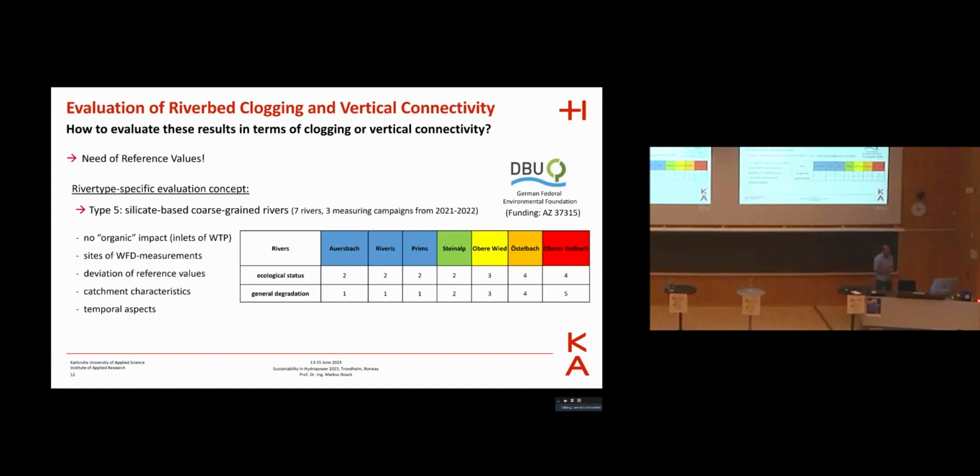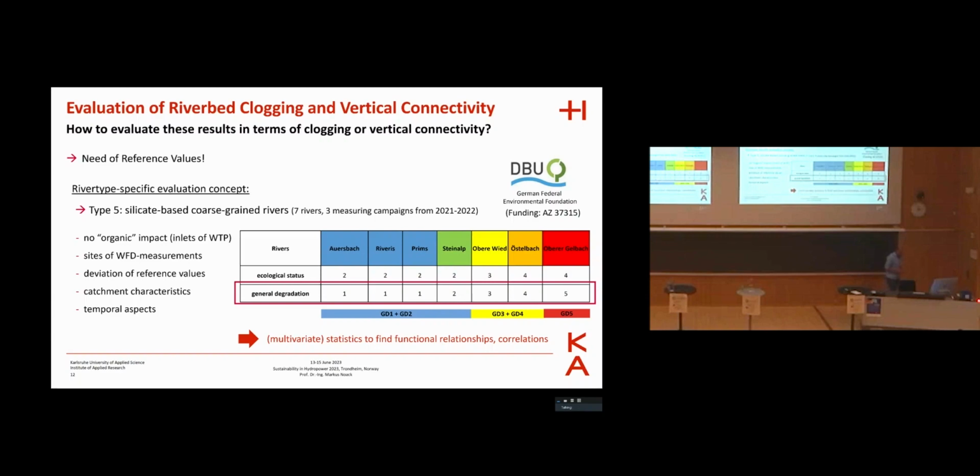The overall goal is to derive some reference values based on the measuring results in these rivers. We are also looking at the catchment characteristics, and we also want to evaluate temporal aspects. But this is still ongoing, so this is still something we have to do. We subdivided the rivers into 3 categories regarding the general degradation. So in total, we had 4 rivers in a near natural state. We have 1 river with a poor situation and 2 rivers with intermediate